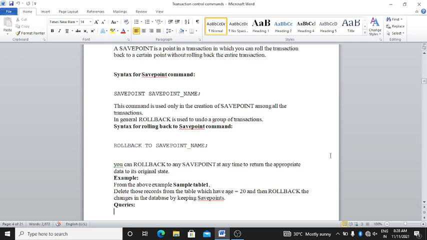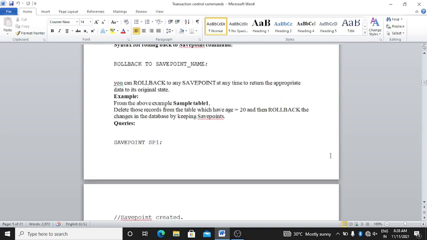This command is used only in the creation of a savepoint among all the transactions. In general, rollback is used to undo a group of transactions. Syntax for rolling back to a savepoint: rollback to savepoint_name. You can roll back to any savepoint at any time to return the appropriate data to its original state.